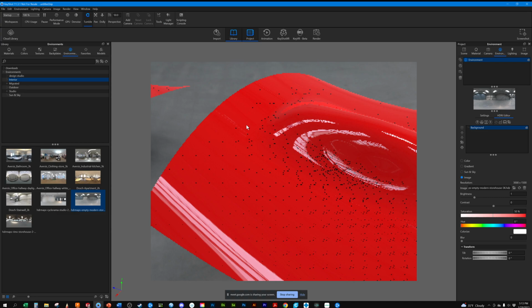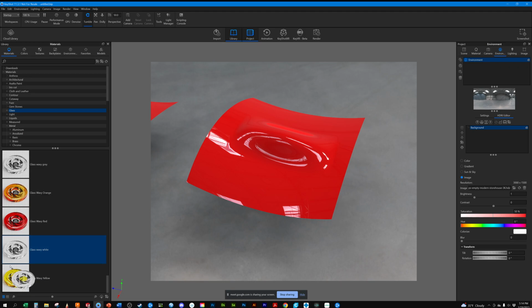Let's come in here. We're gonna go materials, glass, and the reality is the higher the reflectivity, no, that's not it. I don't want wavy. Come on, just give me a standard glass. So in glass, nice and smooth here, right? If we come back to SolidWorks and we edit that,